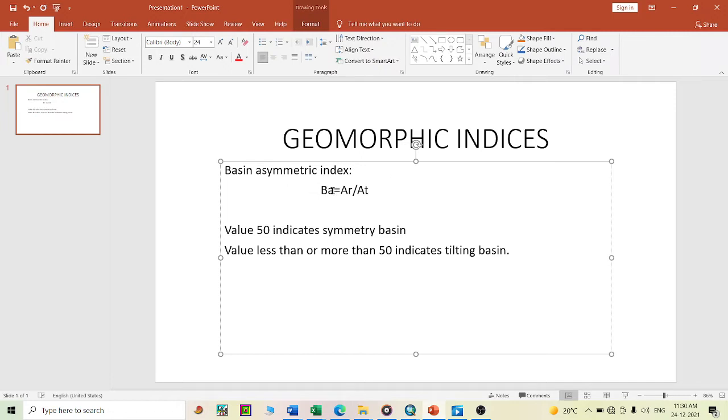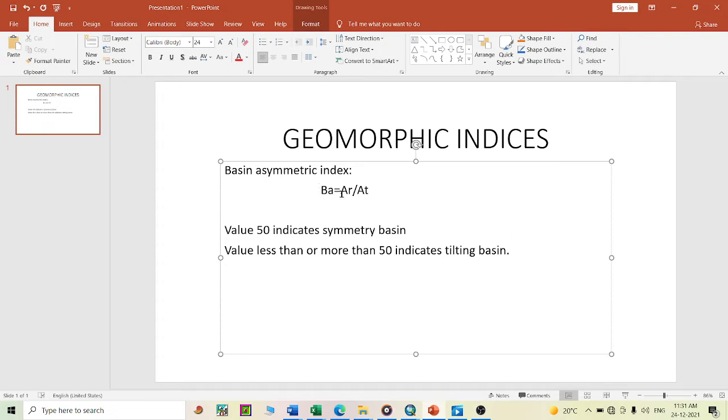If the BA value comes to 50, that indicates a symmetric basin. On the other hand, if the value is less than or more than 50, that indicates a tilting basin.